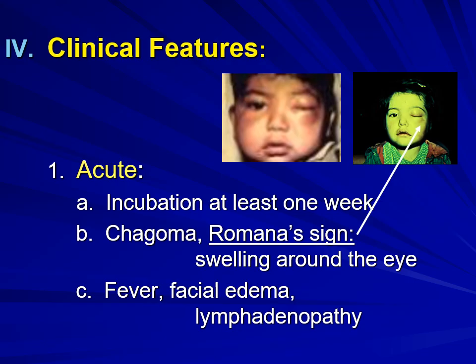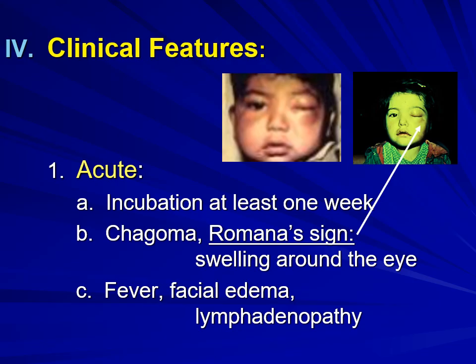It defecates on the skin, and then some itching is produced in the area, and the child scratches the area, or the person scratches the area and easily physically transfers those trypanosomes into the bite site, and this is how people get infected. So the incubation there is at least 1 week for the swelling to produce like that,